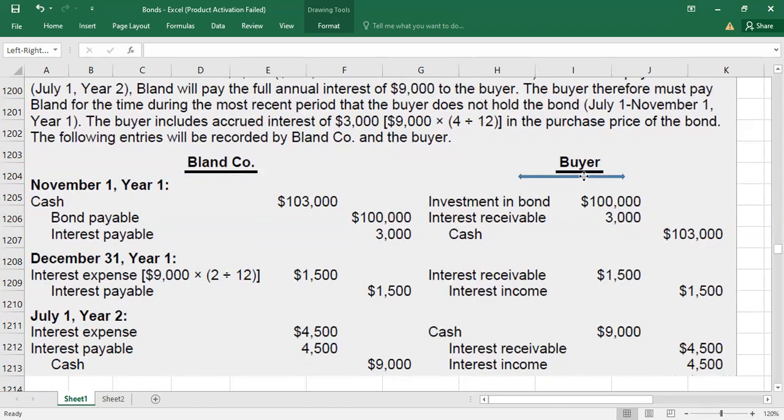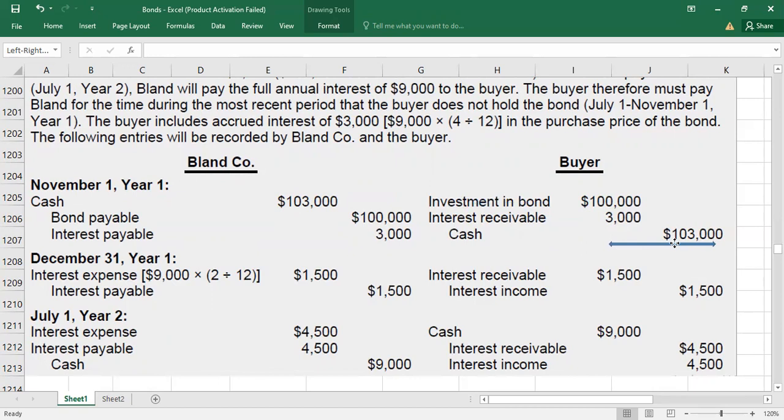Now let's have a look if you are the investor, I mean to say the buyer. So what will you do on November 1, when you buy the bonds? You will make debit investment in bonds with the face value, debit interest receivable 3,000, because you have paid interest for the 4 months in which the seller did not hold the bonds. The 3,000 you have paid in advance, so you will book it as interest receivable. And credit will go to cash